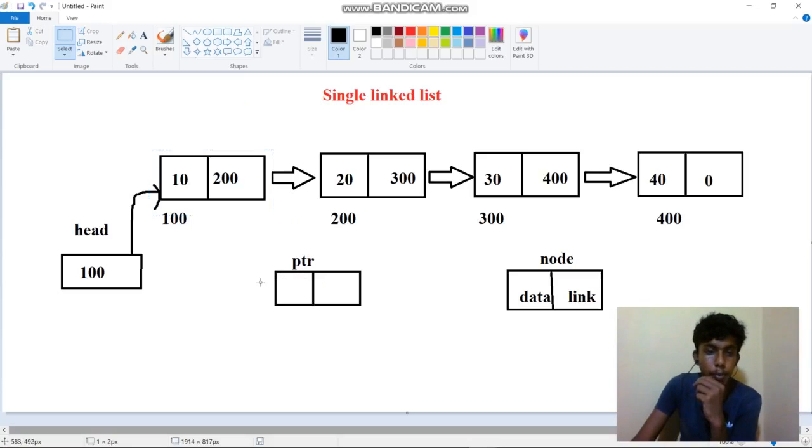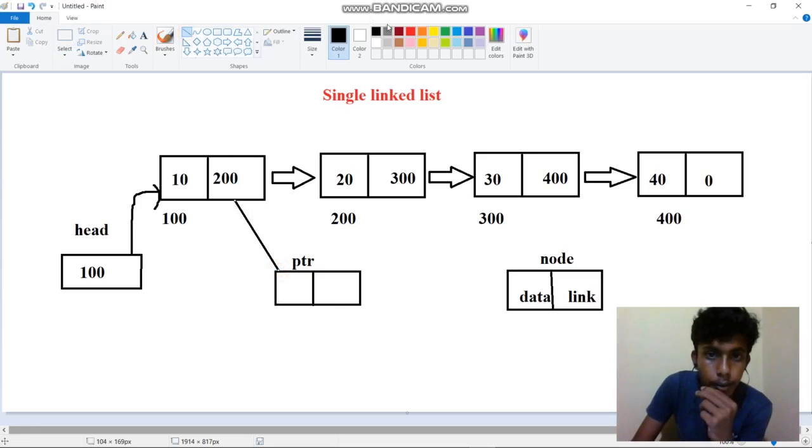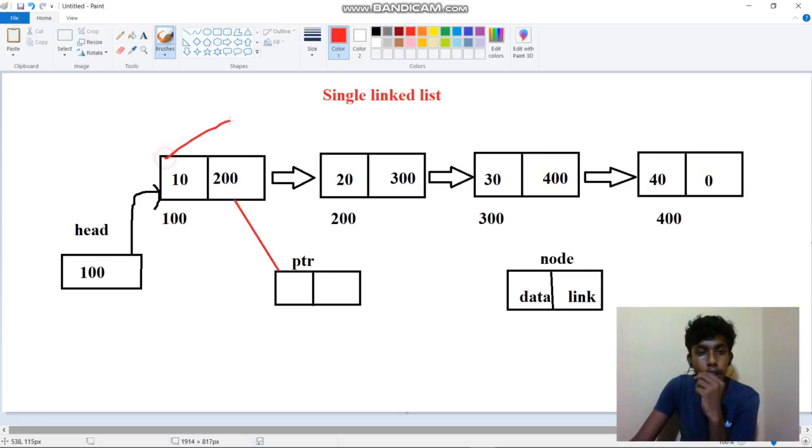Now this ptr is pointing to this. If you create an address, that is, the node has been created, and after the node you have inserted the data 10, we need to insert a link.